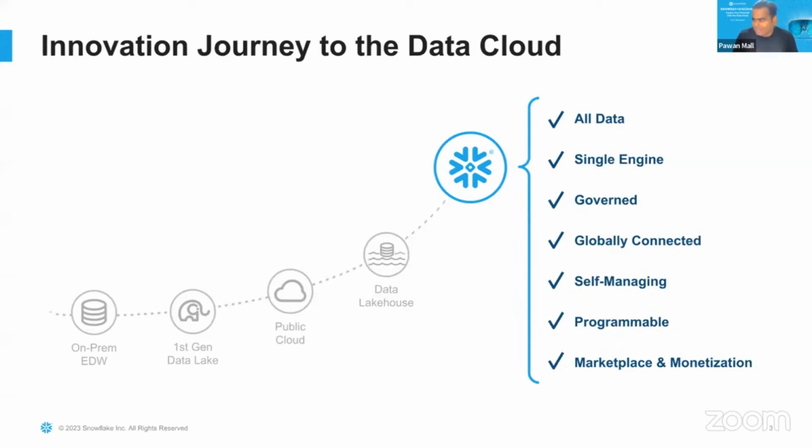If you're loading any data into Snowflake, you can load all kinds of data into Snowflake. There is one single engine which works on that. So you don't really have to create copies of the data and have different engines doing different kinds of processing on those. So Snowflake is a platform where you put data into this single platform, and there is one single engine which is performing all these operations. This itself reduces a lot of complexity, which you typically see in some of those traditional architectures, where you're copying over data for different kinds of operations and different kinds of workloads.